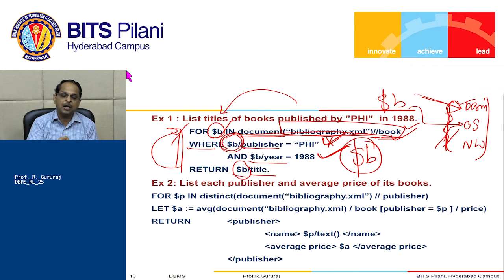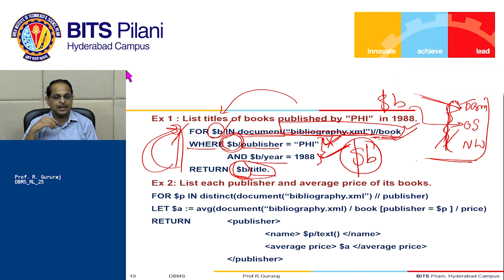And on that $b book element, I will conduct this test. If it qualifies or passes the test, I will pick up that element from $b and display it in the result. And I go with the next iteration. In the next iteration, the next element in the list is assigned to $b, and I will do the same thing for the second element as well. For all the elements in the list, I will do this exercise, and whatever is the final result,